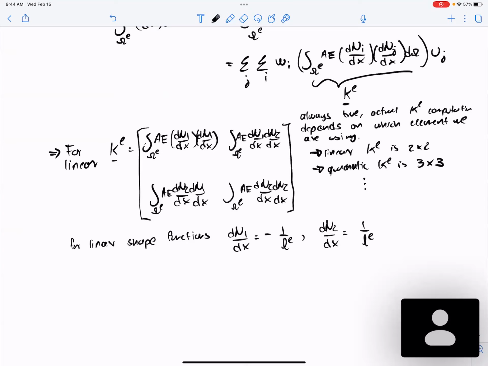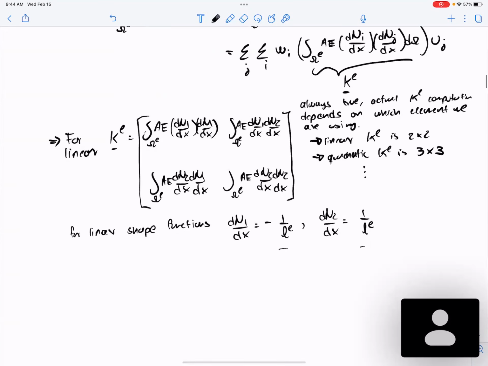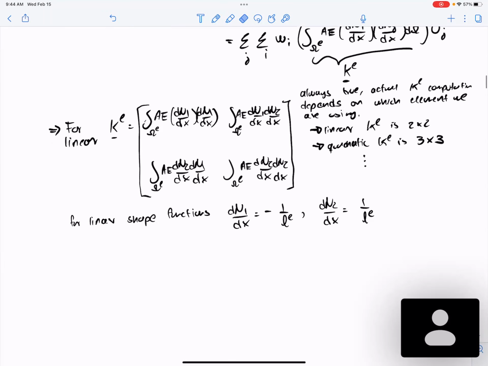You can work it out, but the first shape function is, I forgot, but (x minus x2) over (x1 minus x2). If you take the derivative, you get just 1 over (x1 minus x2), which is minus 1 over the length of the element. So these are just constant. So the integral is trivial in this case. It's just AE times 1 over L squared times the integral of dx, which is just the length of the element. So you end up with